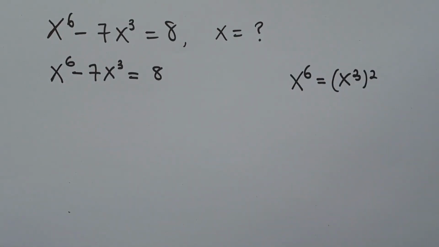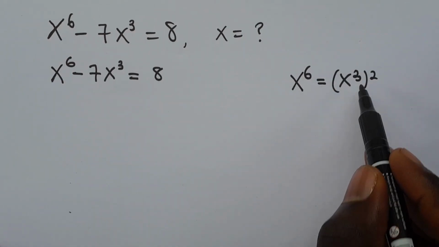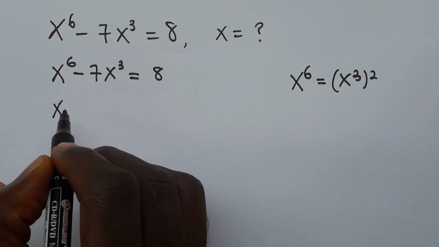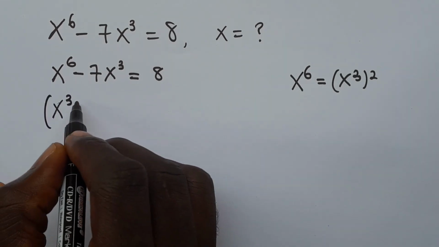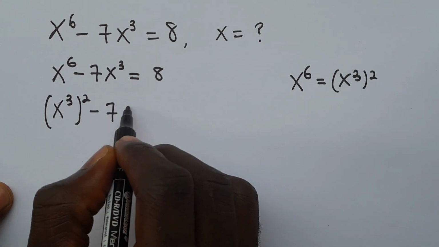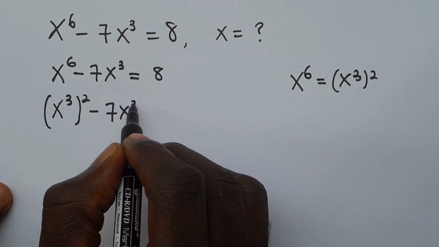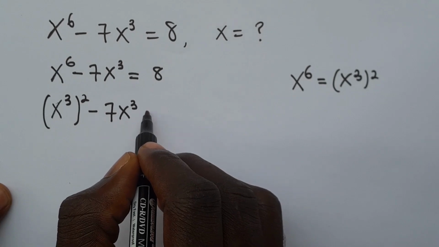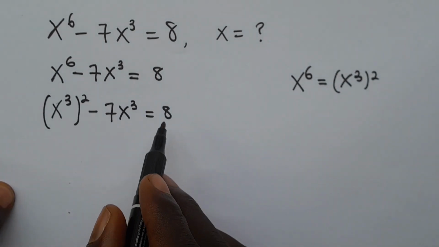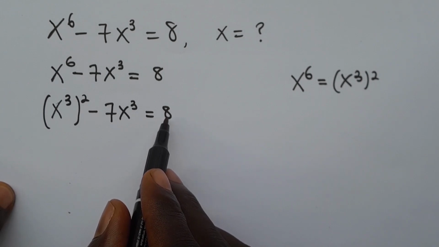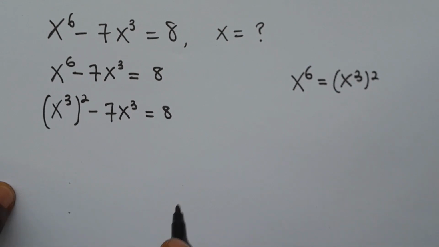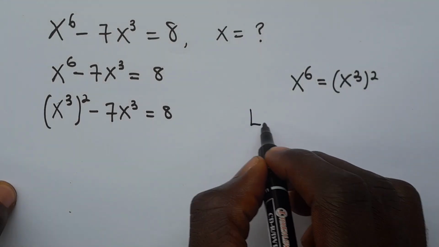Now let's substitute this here. We have x cubed all in brackets raised to power 2 minus 7x cubed equals 8. So now by taking this 8 to the other side and letting everything equal 0, we're going to have,